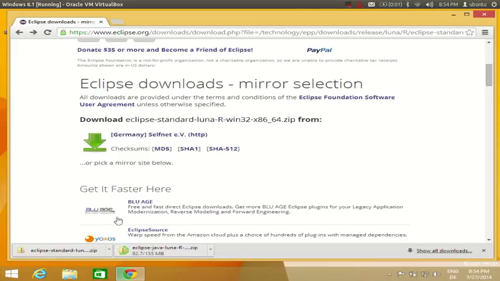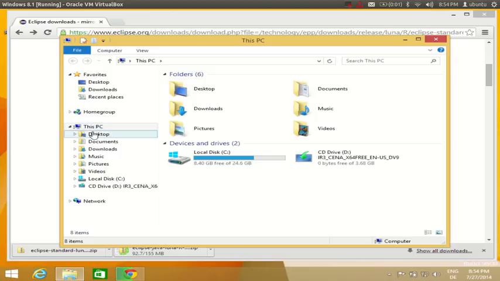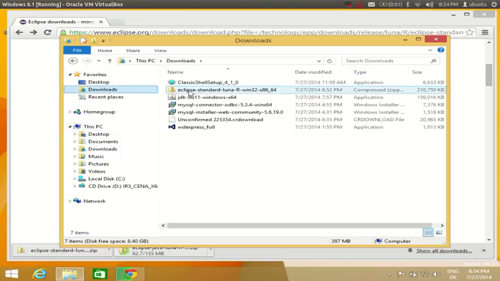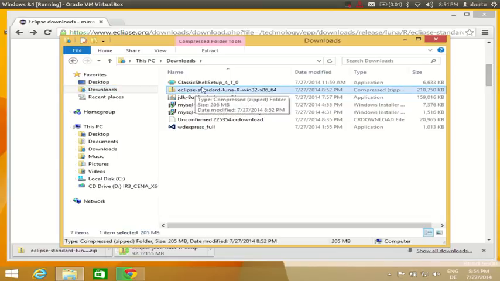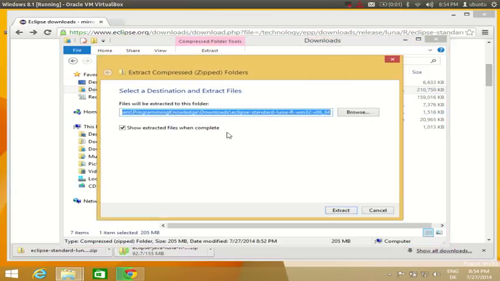So the download for the Eclipse zip file is complete. It's a zip file which I've downloaded, so I can go to my downloads folder, and I can see here Eclipse standard Luna. Okay, so I want to extract this zip file first. So I will right click and click this button, extract all, and where I want to extract this, it's in here itself. So I will just click extract,